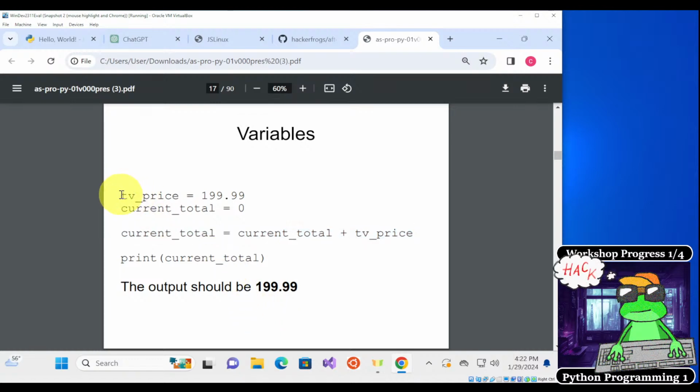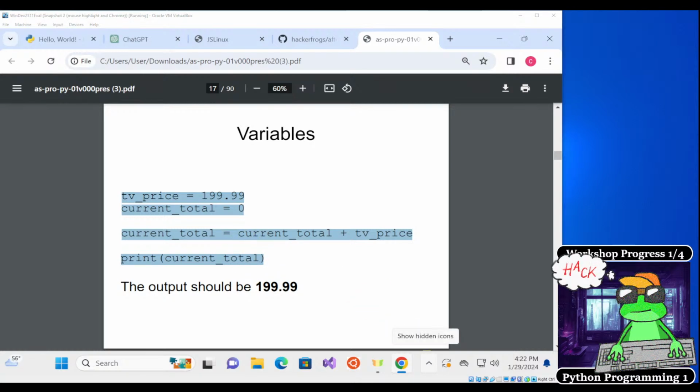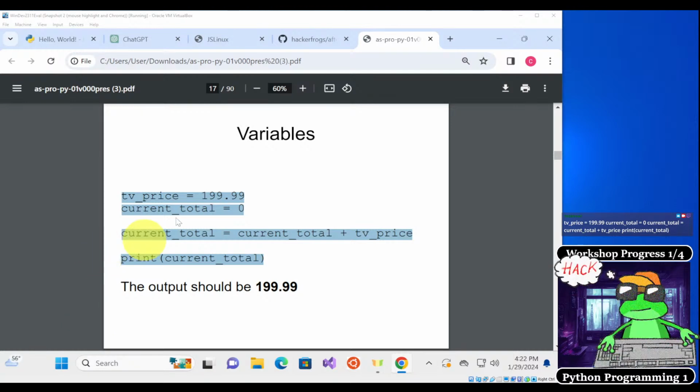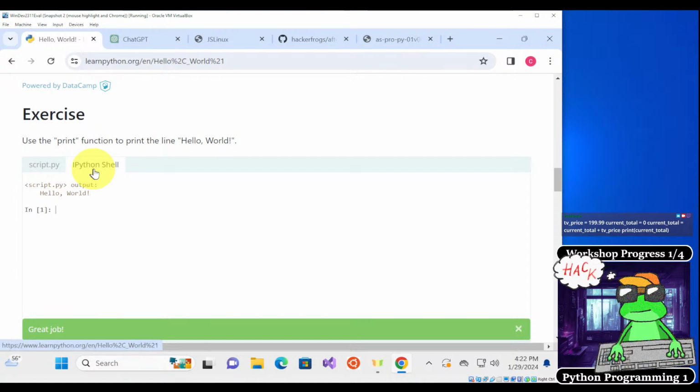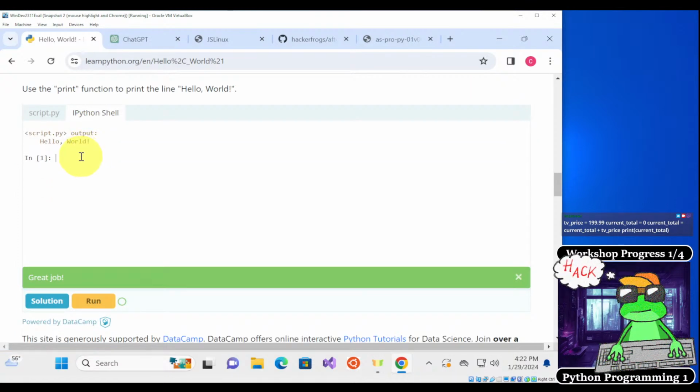Okay, so I wonder if you guys can paste this text. Let's say that we have this learnpython.org window, right? And we go into the script portion.